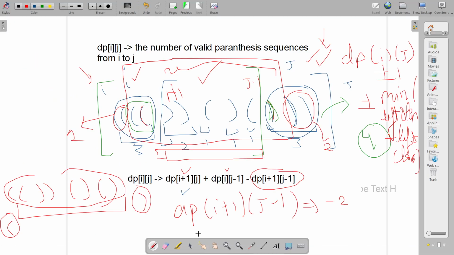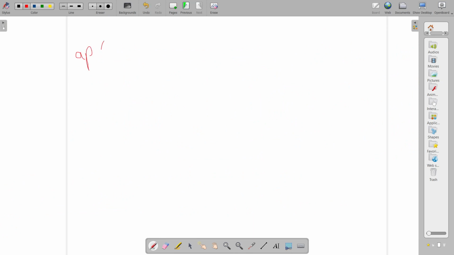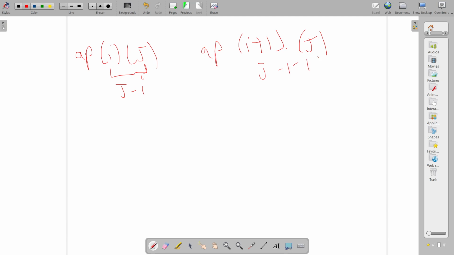So, see, if you want to make AP of ij, you need to have the value of AP of, suppose, i plus 1, j. So, what is the difference between them? This is, suppose, j minus i. So, the difference between them is j minus i minus 1. So, first I will basically calculate the AP values for lower differences. This would help me. This is how you make it iteratively. You can also make it recursively.